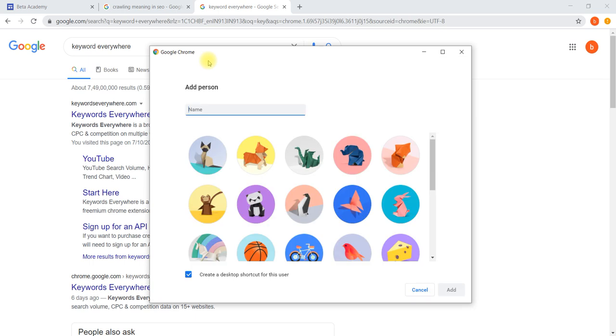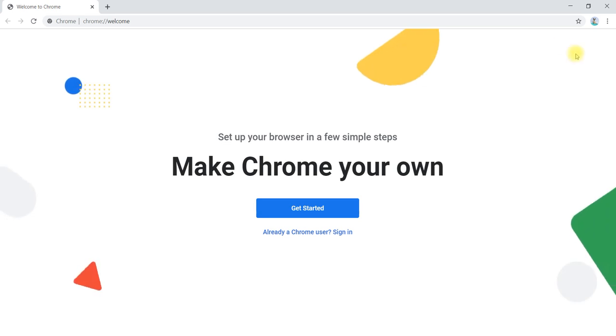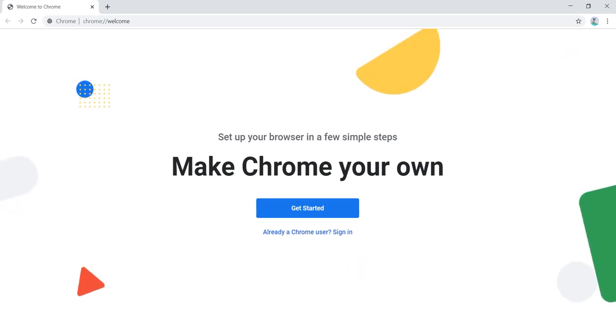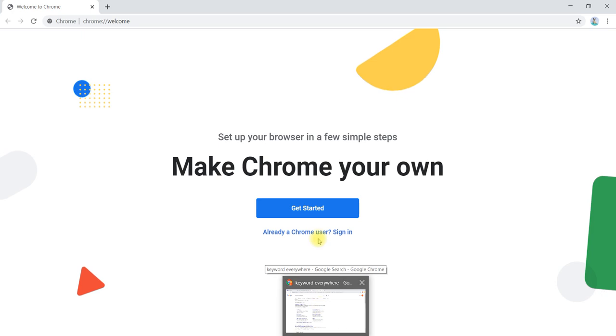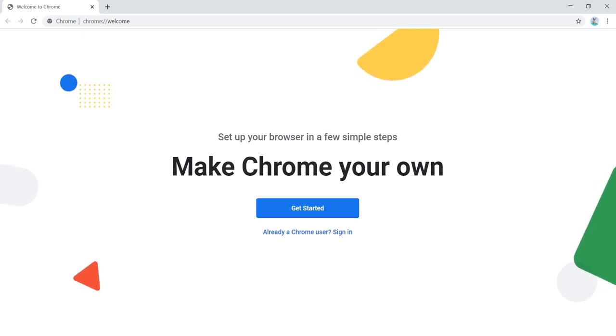Here you can give the name, then say add, and it will add the account like this. You can sign in so that it gets added.